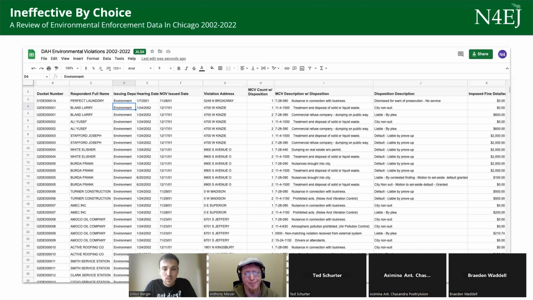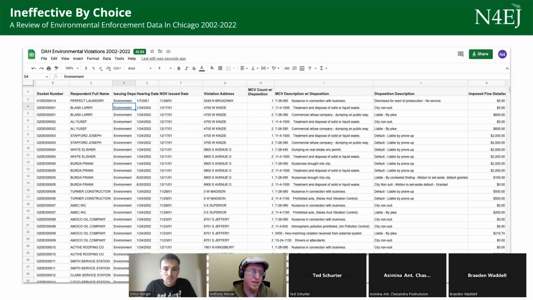And so sometimes getting a big picture, like, give me all the data you have, is the way to go. At this point, I knew they were doing some questionable things around not issuing tickets, but I didn't have a full understanding of what that looked like. I wanted to understand how this process actually plays out. And so this was a very open-ended way to approach it.